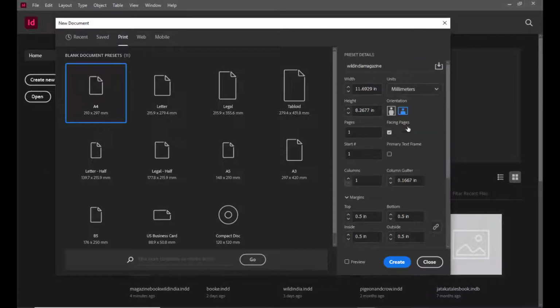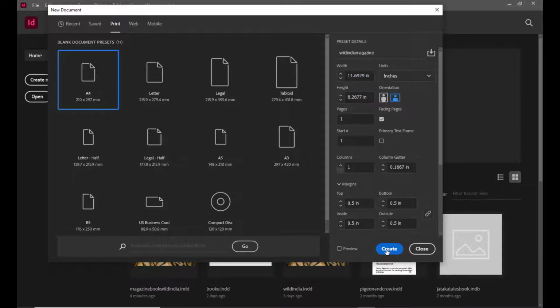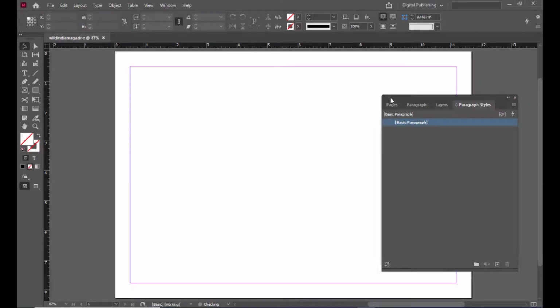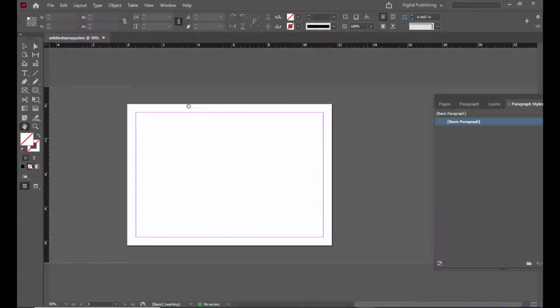And we can select inches here, and then simply click on create. So now we have created our document,